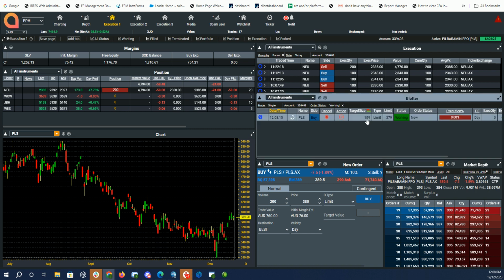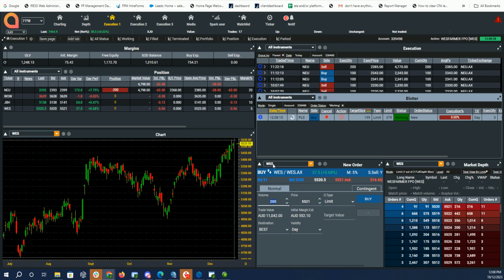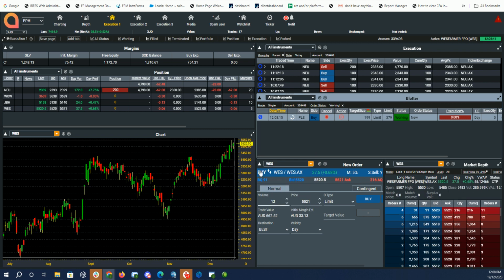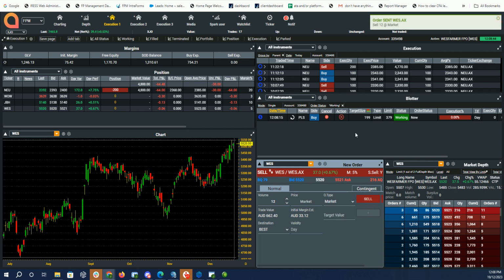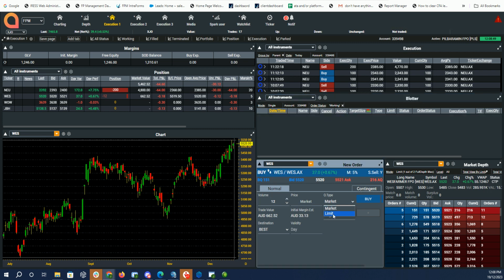The last thing I'll go through is this go to bid and go to ask feature, because it is an order amendment, amendment of price, but to the bid and offer, which is something you're commonly doing. Let's say we enter a very small position in Wesfarmers here. If we just short Wesfarmers at market, that's got me into a short in Wesfarmers. If I put a buy order that's meant to close the position, maybe down at 55 even, I'm hoping that this goes my way and I'm getting filled on a spike and I close my position ideally at 55, but what if it gets down to 55.05, goes sideways and starts ticking back up,